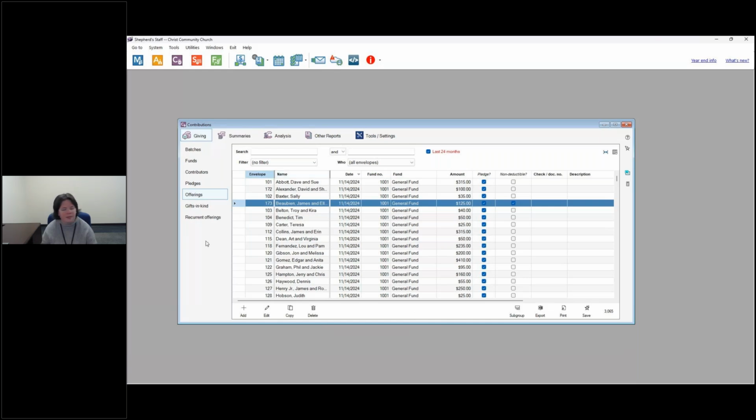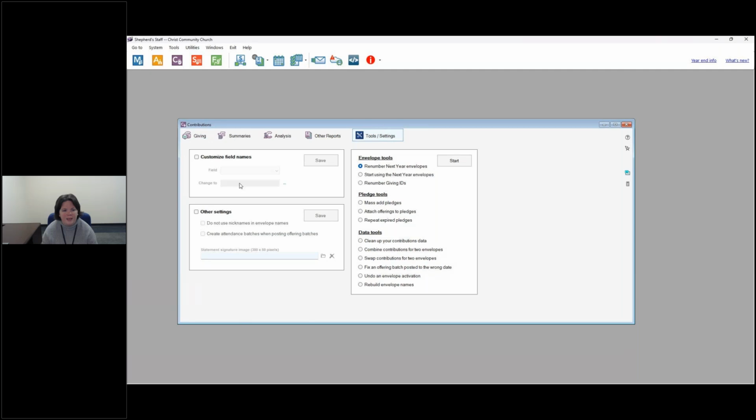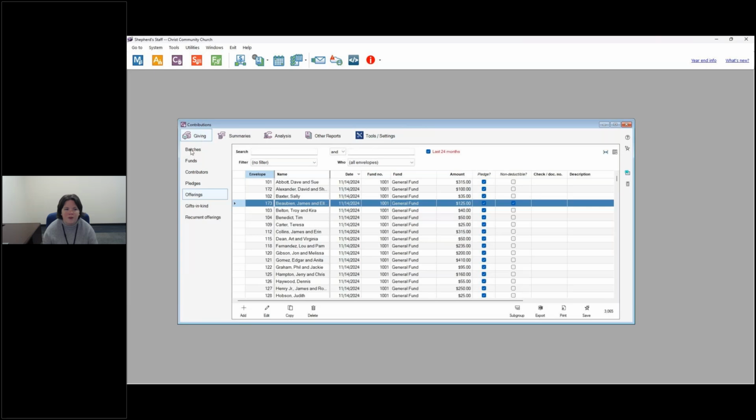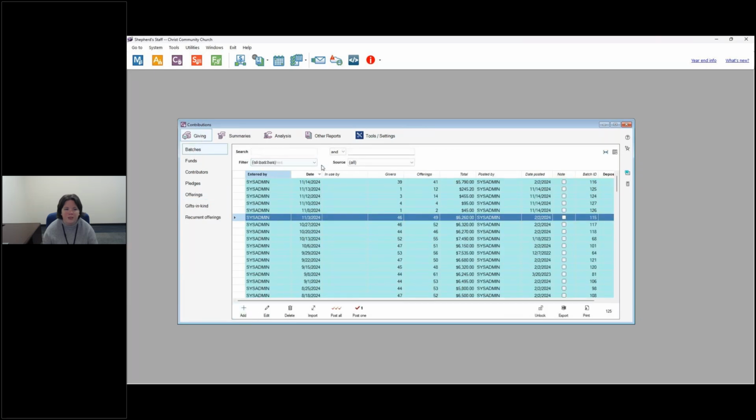And since I am a little early, I also wanted to show you that you have the ability to create attendance batches when you are posting those offering batches, because usually when you're entering manual offerings, these are from the basket that you collect at church. Naturally, if it is a physical gift, they would have to have attended in order to give that specific gift. So you can check this box under Tools and Settings, so that whenever you post a particular batch